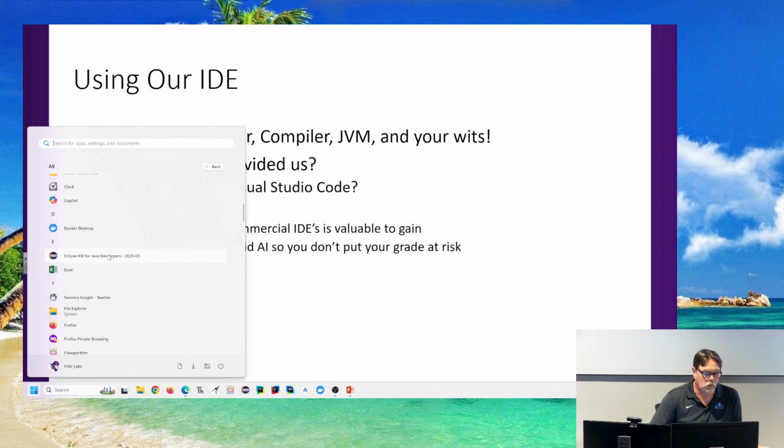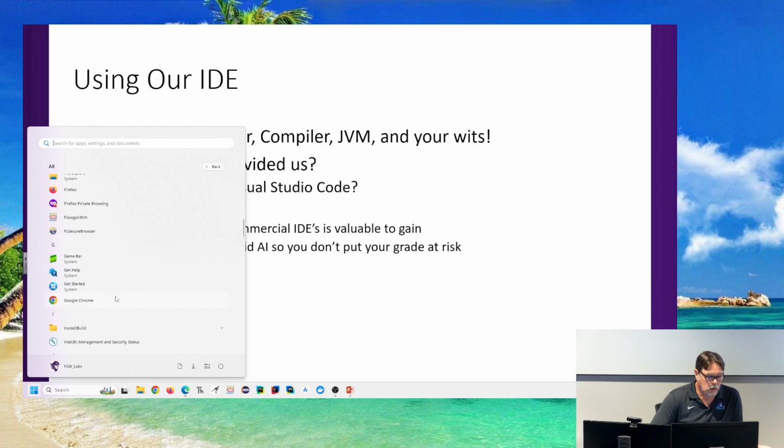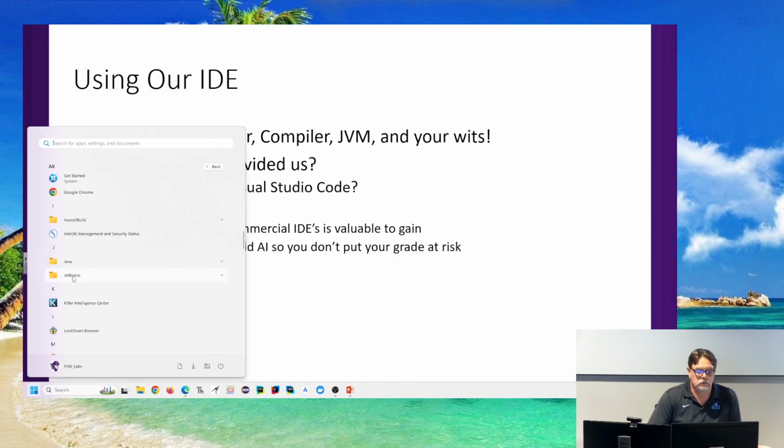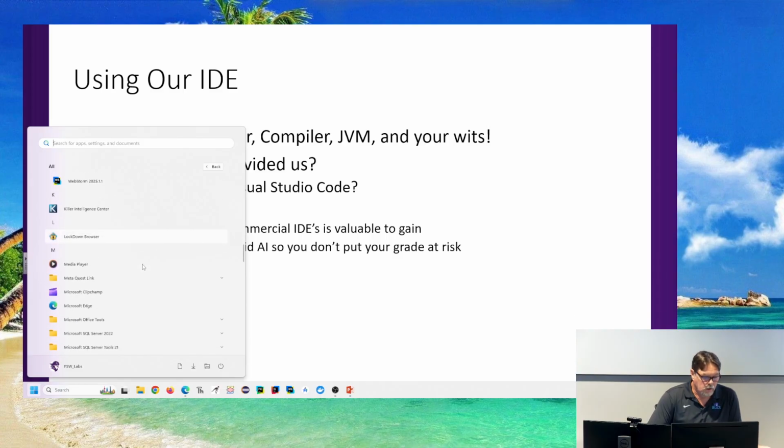So Eclipse is one very popular environment. JetBrains is where the IntelliJ IDE comes from. They have a whole bunch of other tools for Python, for web development, etc. This is the actual Java tools. The compiler and the runtime environment added these shortcuts to your menu. I'm not sure if there's anything else.